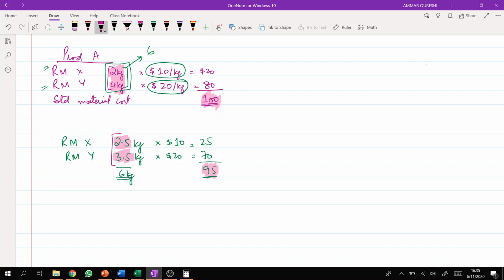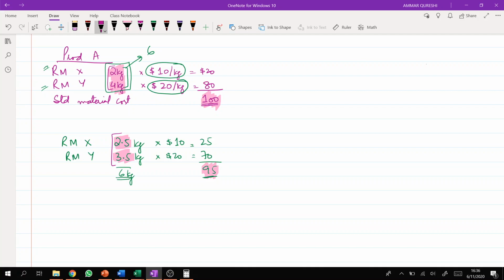Now in this question, something comes into our mind: if we have changed this proportion of raw material, what will be its impact on the quality? Will the product be of the same quality, or will it be of inferior quality? I mean, whether the quality will be compromised. It depends upon the product, to be very honest. But mostly, whenever you try to save money by making an input of less expensive material more, usually in that case,